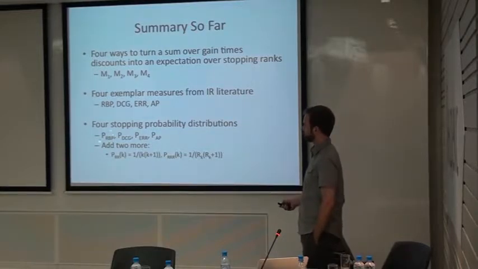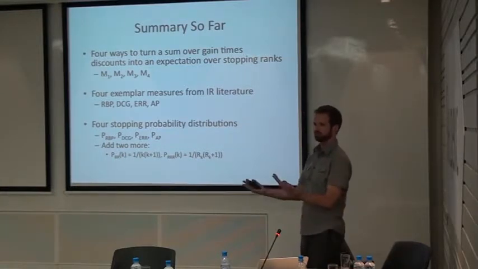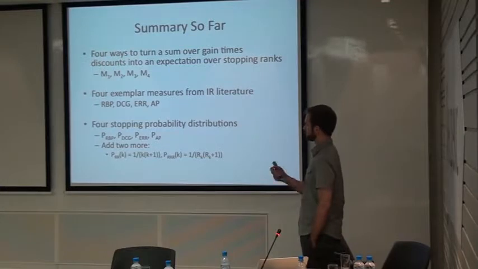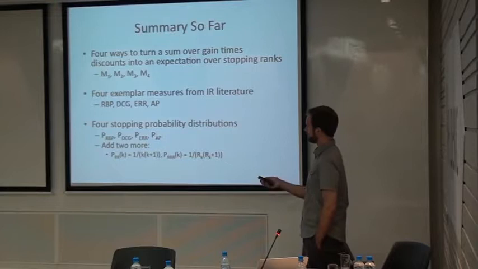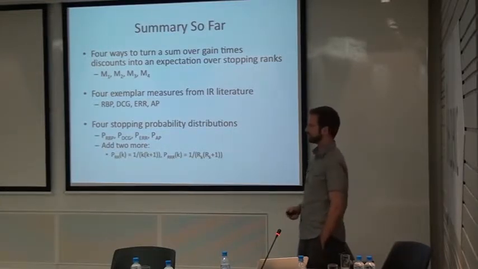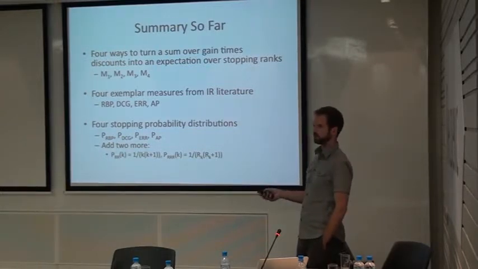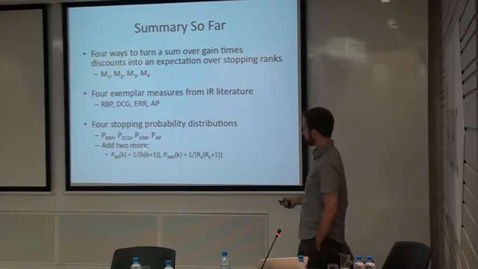And if the document at rank k is not relevant, then we assume that you're not going to stop at that rank. So the stopping probability there is 0. And now f of k is going to be the cost of going to rank k rather than the utility that you achieve at rank k. And so the exemplar measure for this class of models, or this class of user behaviors, is the expected reciprocal rank, or ERR, except with binary relevance rather than graded relevance as they originally discussed in their paper.